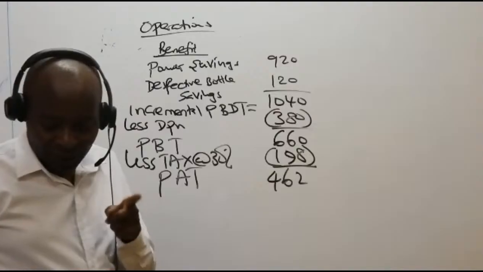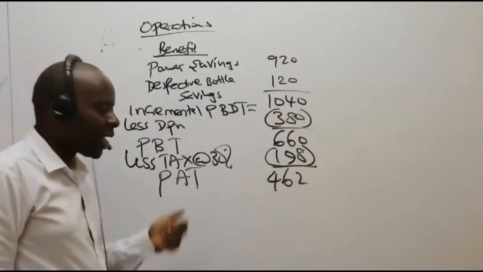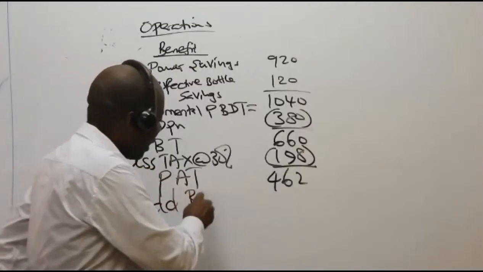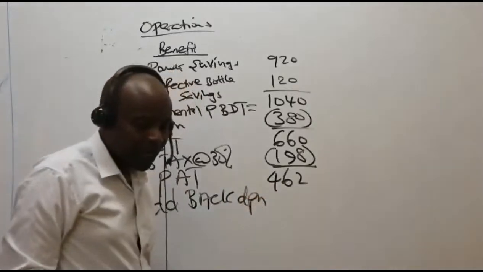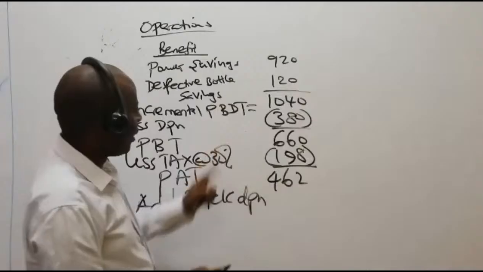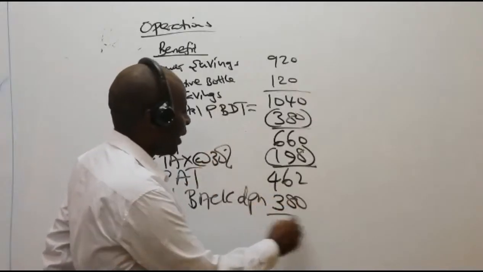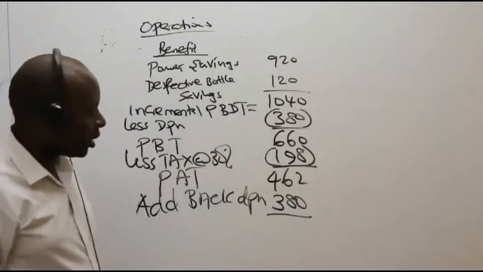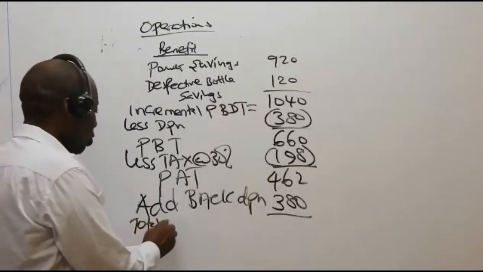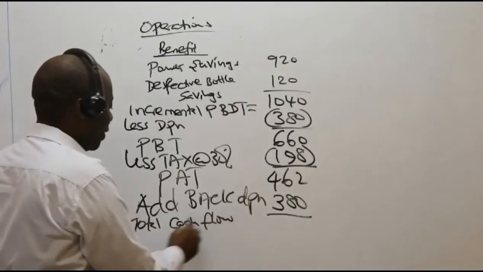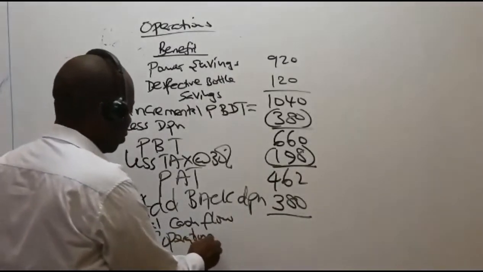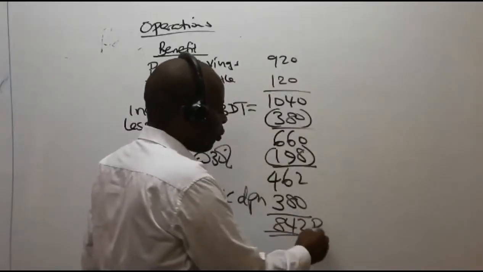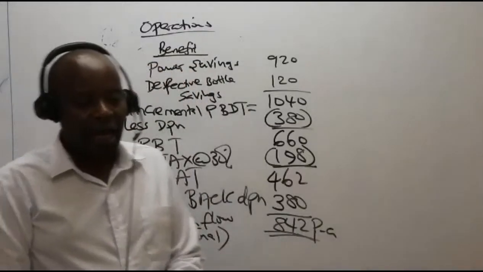Profit after taxation is 462. But because I want cash flows, I'll come and add back depreciation, my incremental depreciation of 380. So could you kindly give me the total cash flow, which is operational in nature? Somebody says 842. 842 per annum. So the moment I get that, I have taken care of